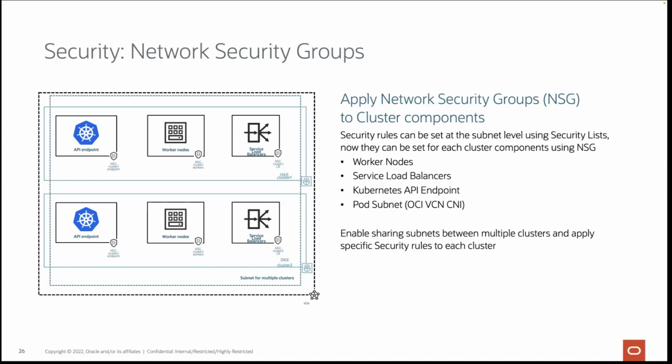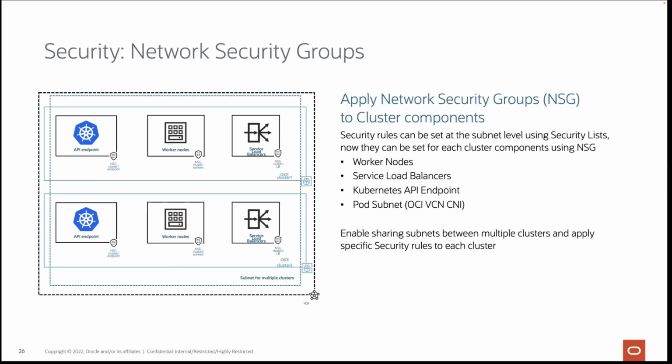So with a network security group, the same way you use it for your virtual machines, you can define security rules for these OKE resources independent of subnets. With the help of NSGs, you can now create an entire OKE cluster with a single subnet, simplifying subnet management altogether. You don't really need separate subnets with different security list rules to control the inbound and outbound traffic for your Kubernetes API endpoint, your worker nodes, your pods, and even the load balancer,